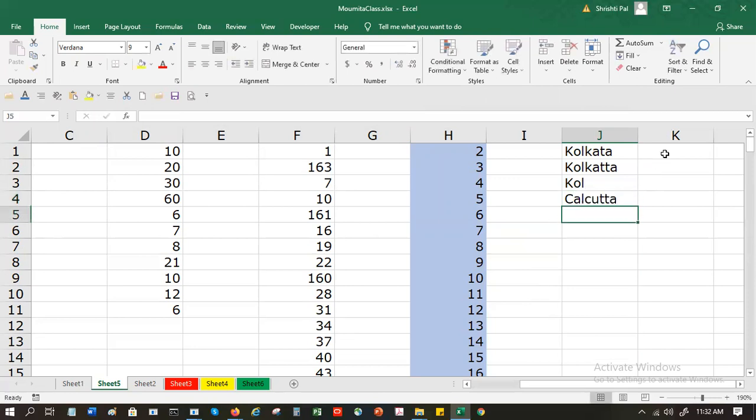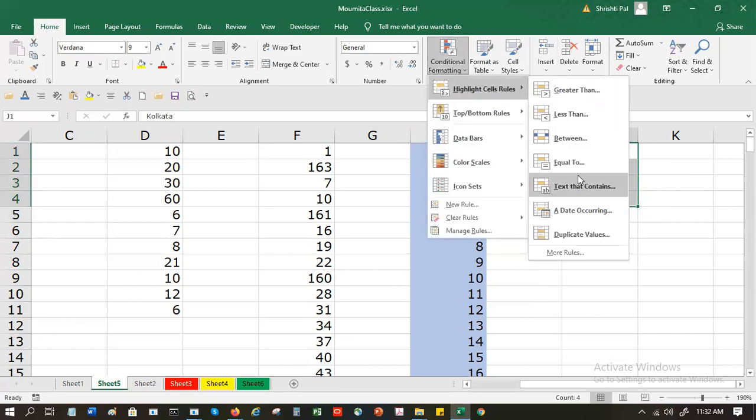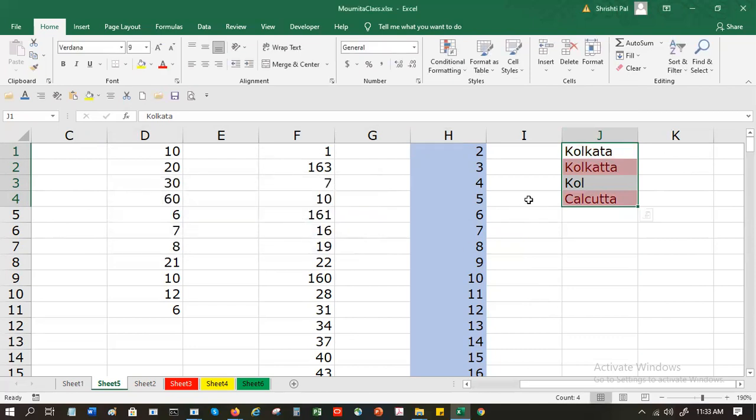You can highlight this and say highlight cell rules, text that contains only TTA. So only these two are highlighted.